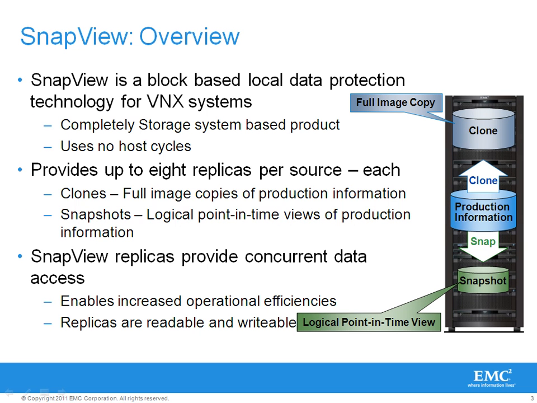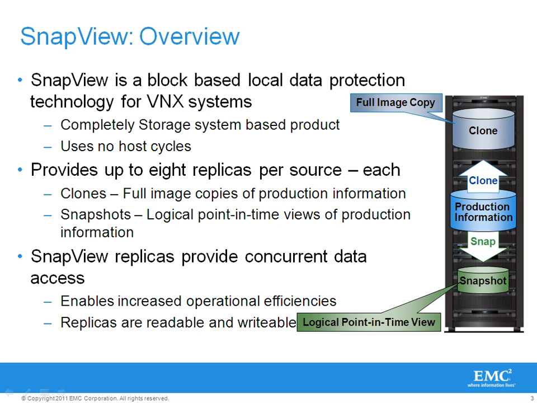SnapView is a block-based local data protection technology for VNX systems. It is a completely storage system-based product and so does not utilize any host CPU cycles. It provides up to 8 replicas per source. SnapView provides 2 different types of replicas for your production source. SnapView snapshots or snaps are logical point-in-time views of production data, whereas SnapView clones are full copy images of production